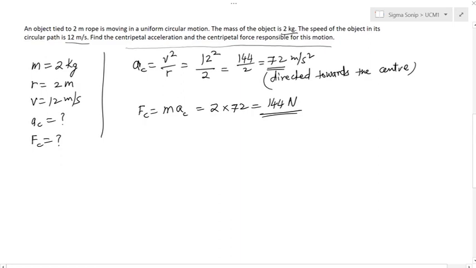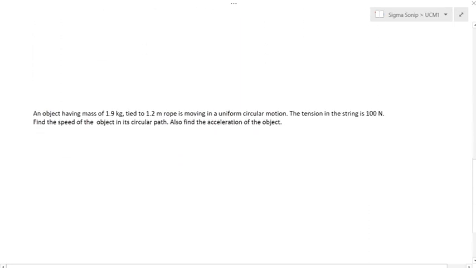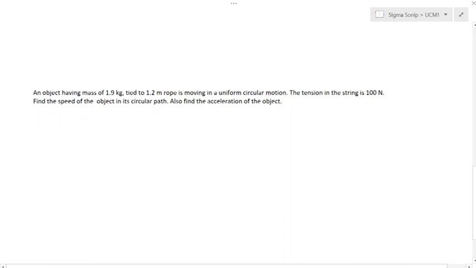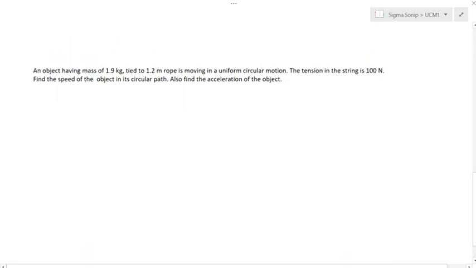Let's look at one variation on this question. We will have many variations, and you will have all the quantities given but one, and you will be required to find the missing quantity. So this here is, again, a mass. Let me list the quantities. M is equal to 1.9 kilogram, tied to a 1.2 meter rope. So basically that's the radius,